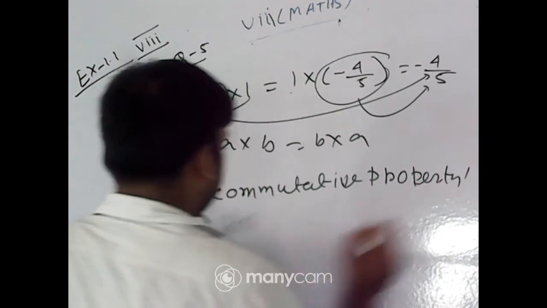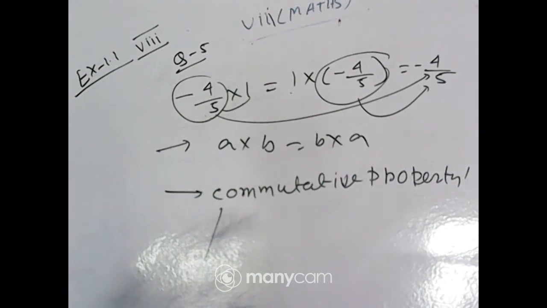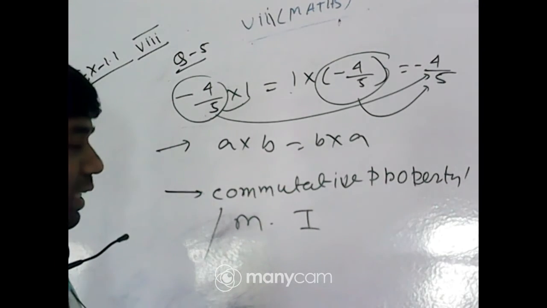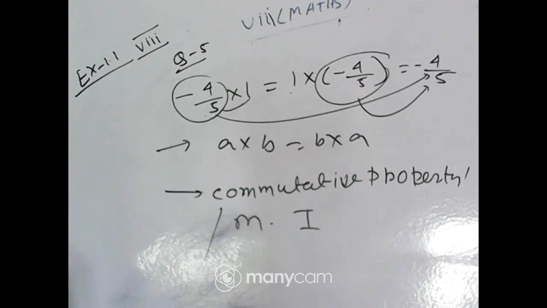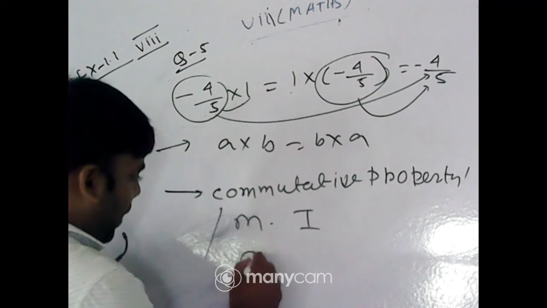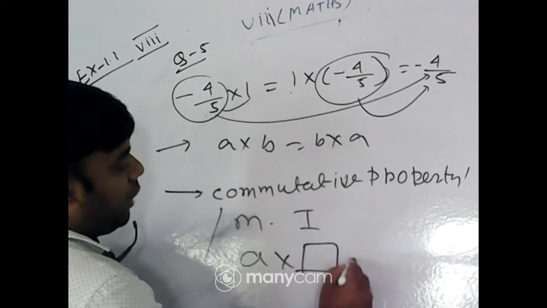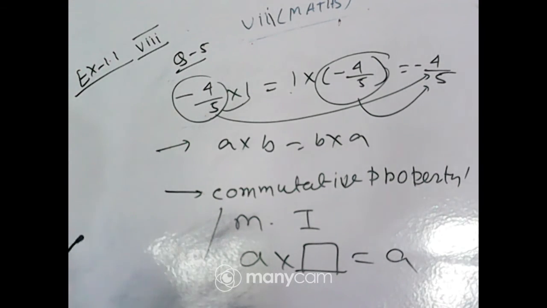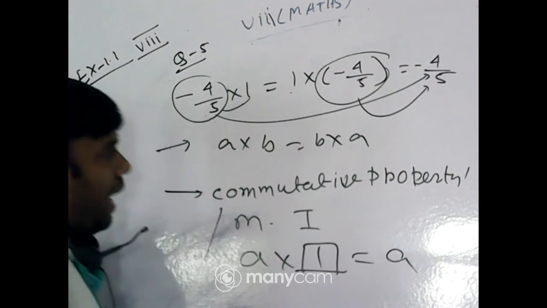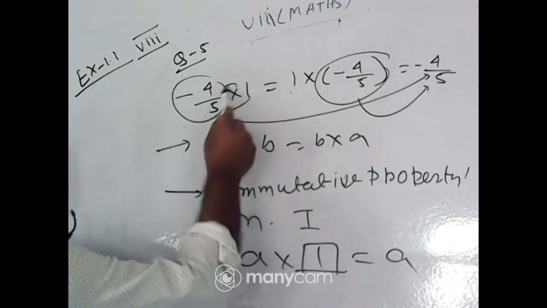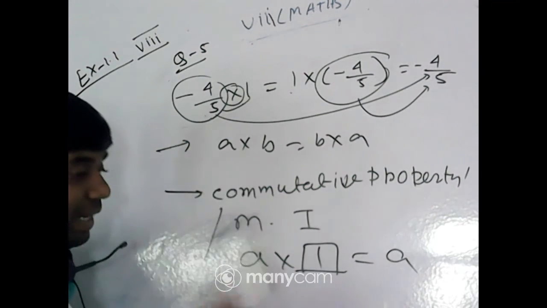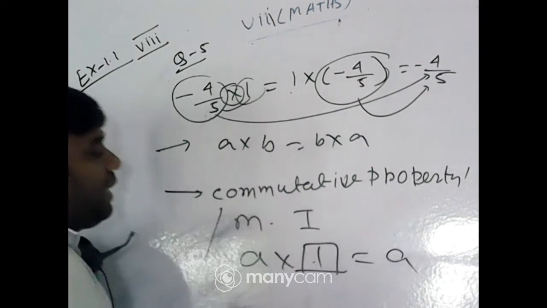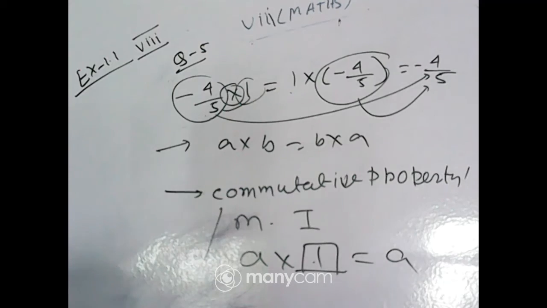If anyone can say, sir, here used multiplicative identity, he is also right. Multiplicative identity means a number. If you multiply a number such that you will get that same number, that is called multiplicative identity. So you should multiply here 1, and for multiplication the operation is multiplication. Multiplicative identity is 1. So it is the first part of the question.